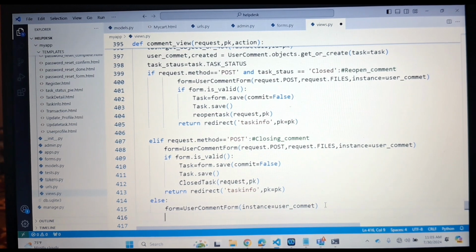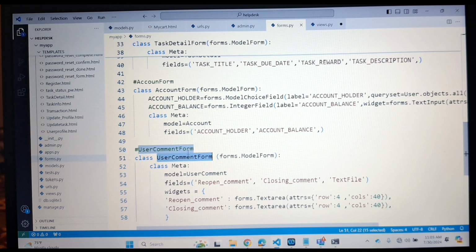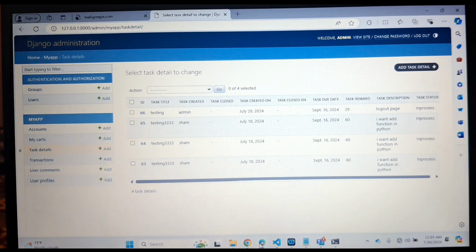Come down. So here what I want, when the user is going to that particular page, if you see here in the forms.py file, we are using the same form to show the reopening comment and closing comment option, but both options should not be shown at the same time, because it is not meaningful. Because see, when the user wants to close the task and is going to click on the close task button,